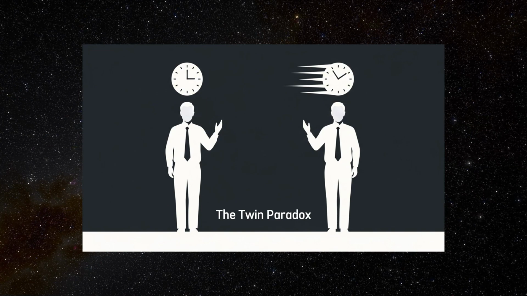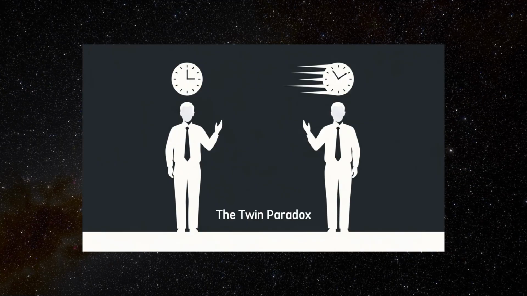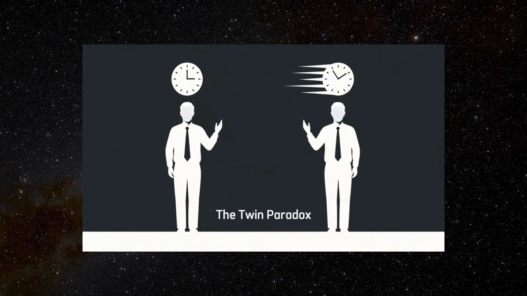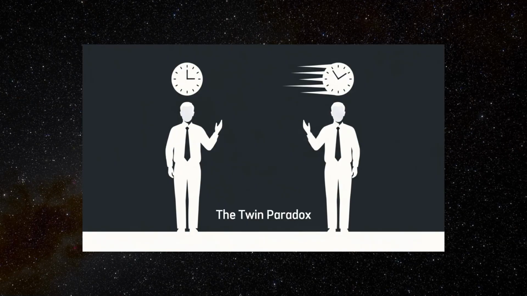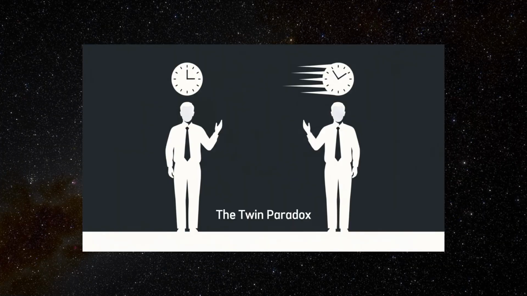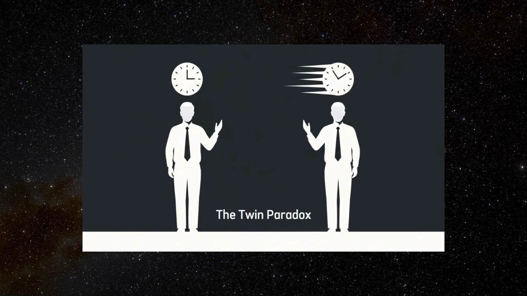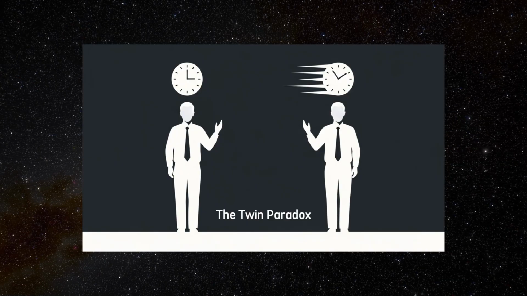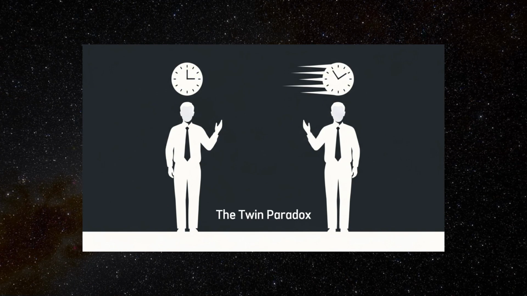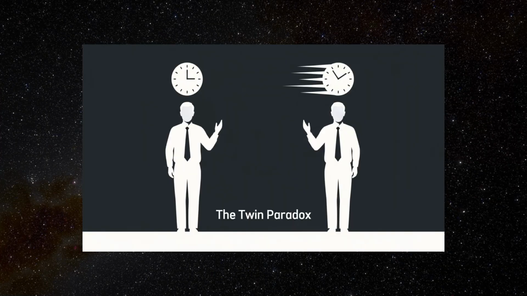Here's where the apparent paradox arises: relativity is symmetric. That is, in the framework of special relativity, there is no absolute motion, only motion relative to something else. So, couldn't the traveling twin say that they were at rest and that the Earth twin was the one moving away and then coming back? If so, wouldn't the Earth twin be the one who aged less? How can both twins see the other as aging more slowly? This question seems to suggest a contradiction in the logic of special relativity.